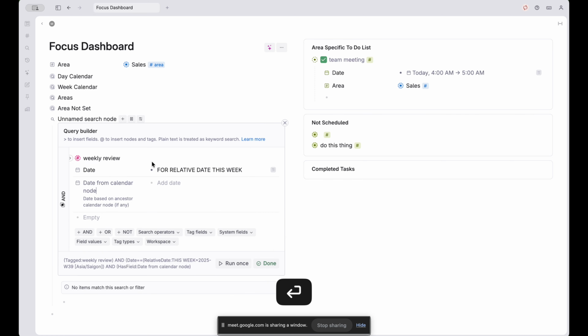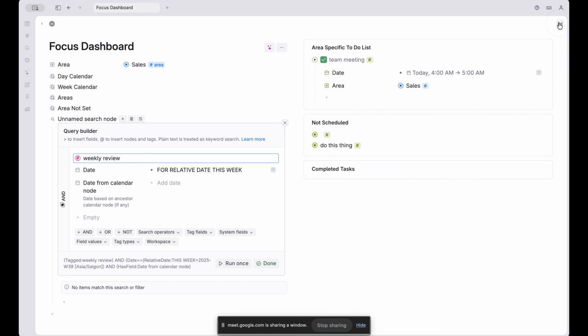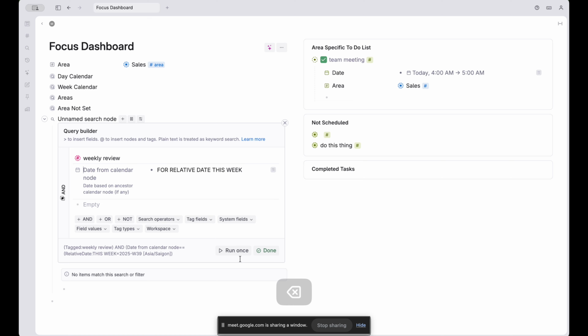There we go. System field, because I never added the date field to my weekly review. There's no date field here for it to pull from, but we have system fields that are in the background of all nodes, because again, everything's a node. So we got date from calendar, we have created time, we have done time. So we're tracking a bunch of system fields in the background. So I'll switch this over for relative date, looking at the date from the calendar node, remove that there, run it,